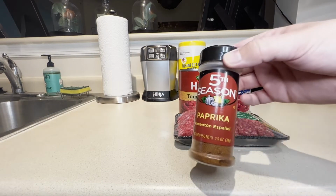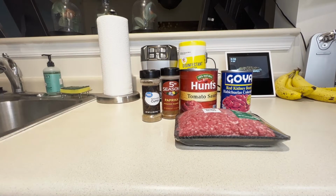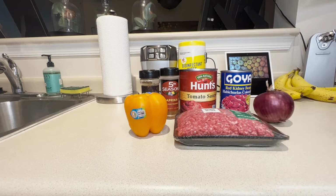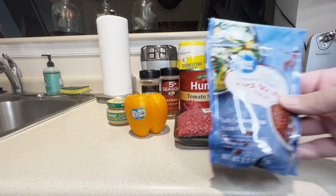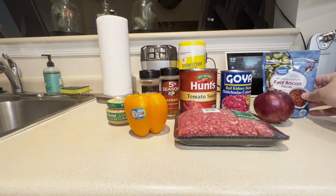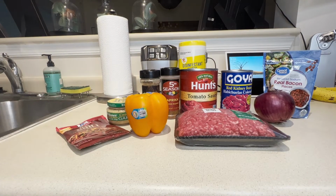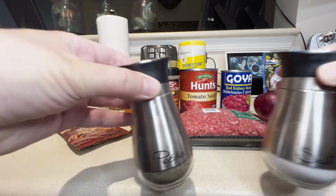Next, you'll need some paprika, and some ground cumin. And then we're going to need a bell pepper, 1 red onion, some chopped garlic, some crushed bacon bits, some chili seasoning, some garlic powder, salt and pepper,